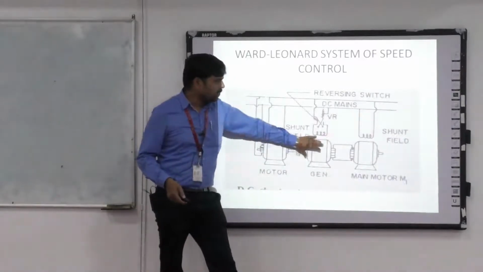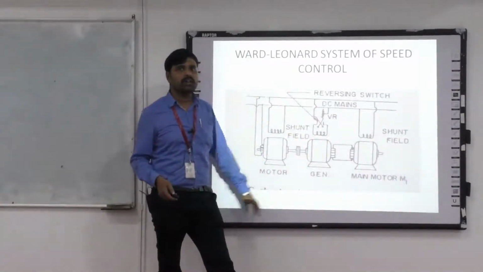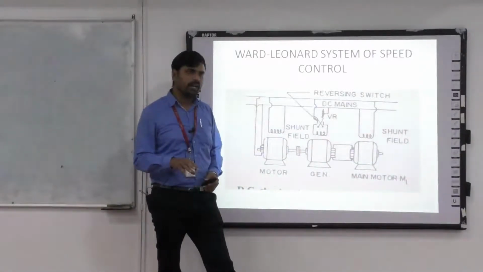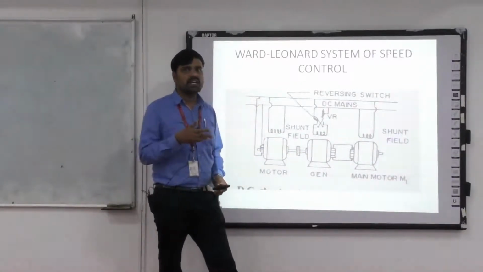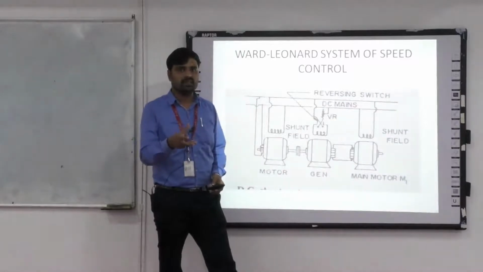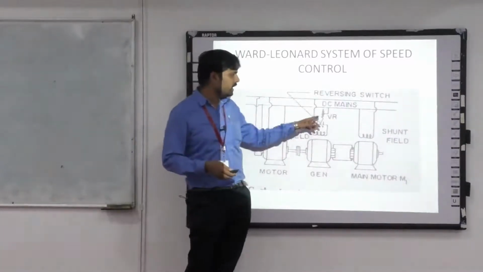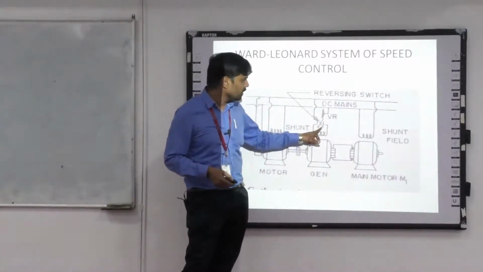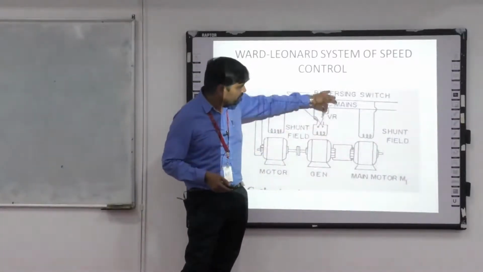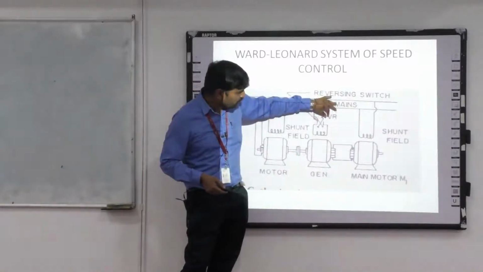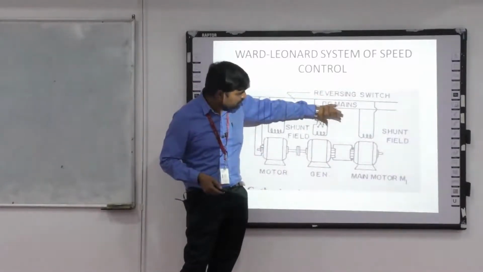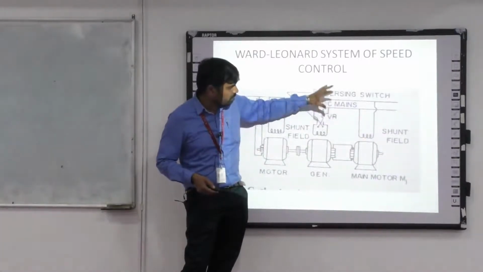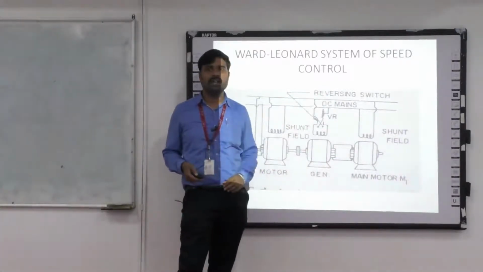At the same time, the generator is also controlled by field excitation. Field excitation means whether to operate the field in the clockwise or anti-clockwise direction, the flux. This depends upon the current that is going. You see that here a reversing switch will be there. When the switch is connected here and here, when I vary the rheostat, what happens? Maximum resistance means minimum current will flow, so there is a minimum flux. When the resistance is minimum, the current is maximum, so the flux is maximum, right?